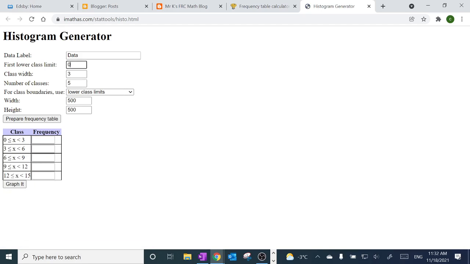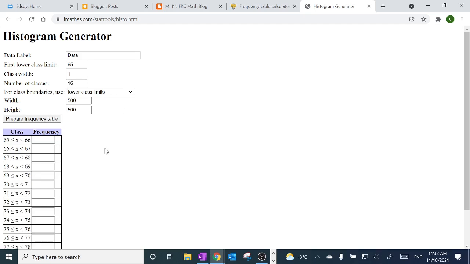The frequency table, the lower limit is 65. The class width is 1 this time. The number of classes is 65 to 80, which is 1, 2, 3, 4, 5, 6, 7, 8, so it's 16 classes. And prepare the table, and then there we go. How many 65s are there? 66s, 67s, 68s, 69s. So you just have to put the numbers in. So it's 12286,